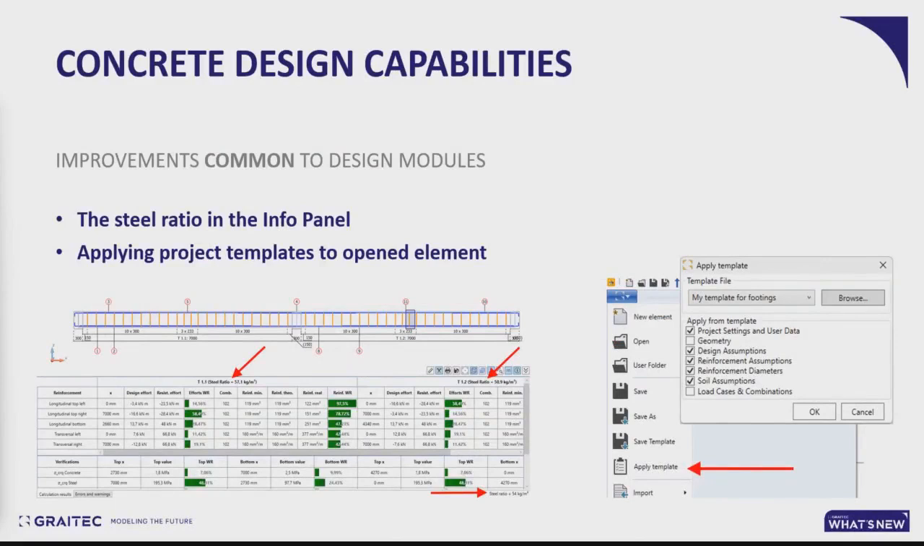In fact, all novelties are related to design modules like RC beam, column, footing, or slab. And there are some common improvements to all modules. So first point for these common novelties, value for the reinforcement steel ratio is now visible in the info panel immediately after the calculation. So now we can check this quickly for a whole element, or in case of beams also